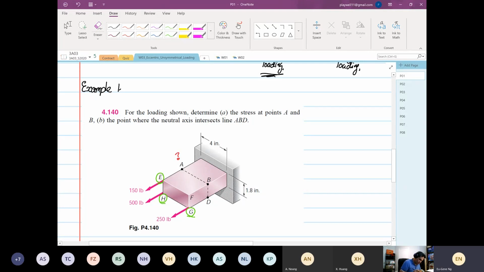So the first thing that we have to do is define our axes. I'm going to call this our Y. This is our Z. And lastly, this will be our X. Okay, so this is X, Y, and that's our Z-axis. Right. So for this case, we know that the structure is under unsymmetrical